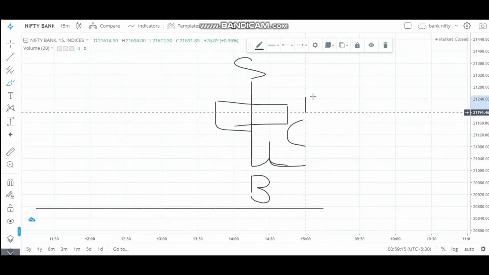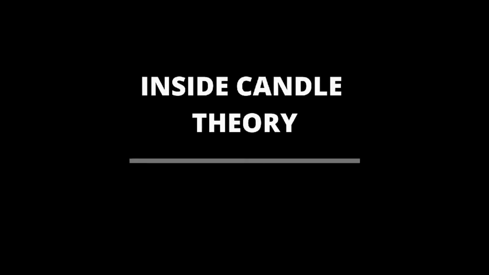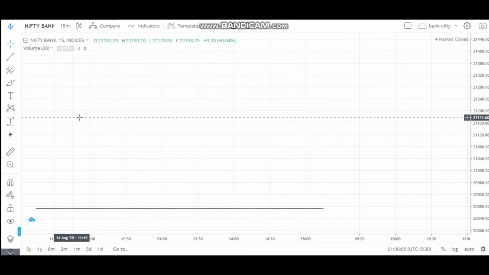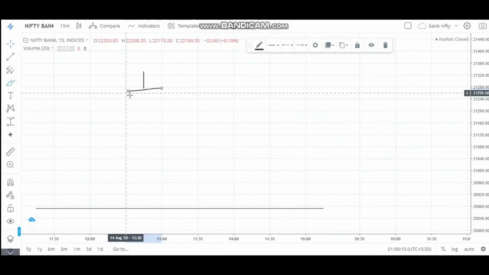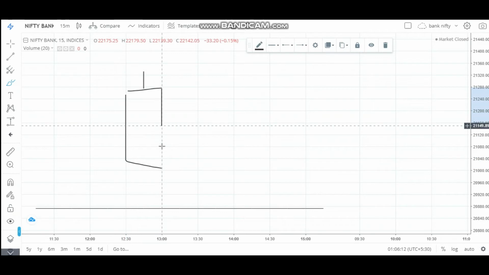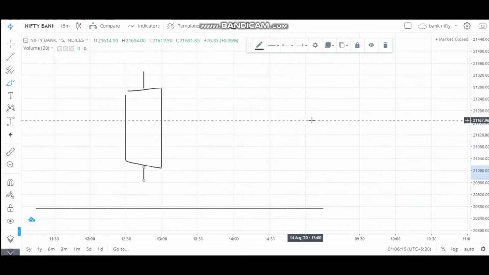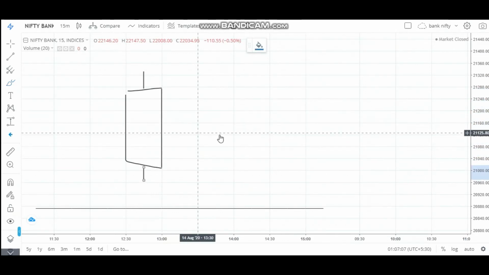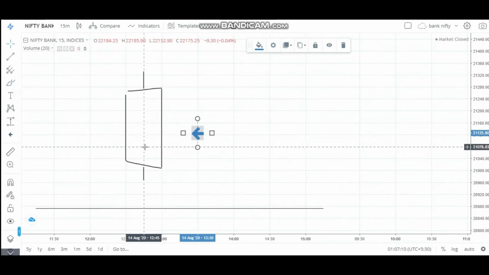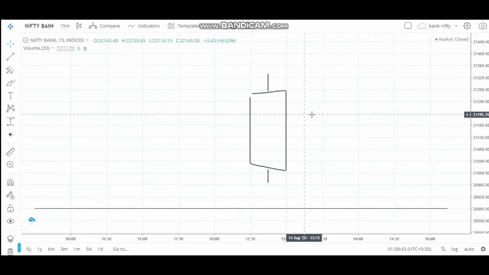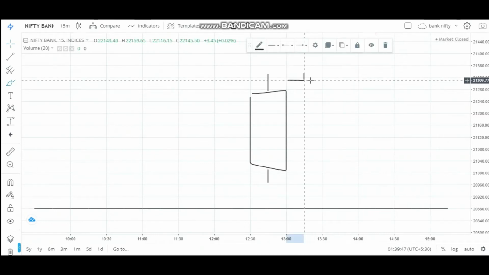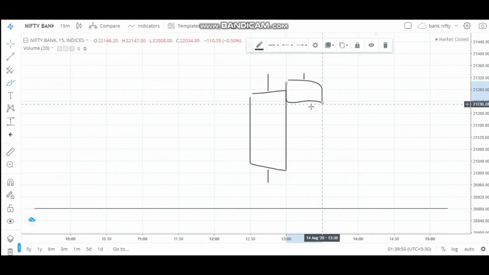close, open and high. When a candle forms in a market, it can be either green or red. For now let's take a green candle, and when a green candle forms we know buyers are in the market. When such a big candle forms in the market, that means big players are present. So when they are looking at the buying side, who are we to look anywhere else? After a big candle, a doji candle must form this way, here next to the big candle.